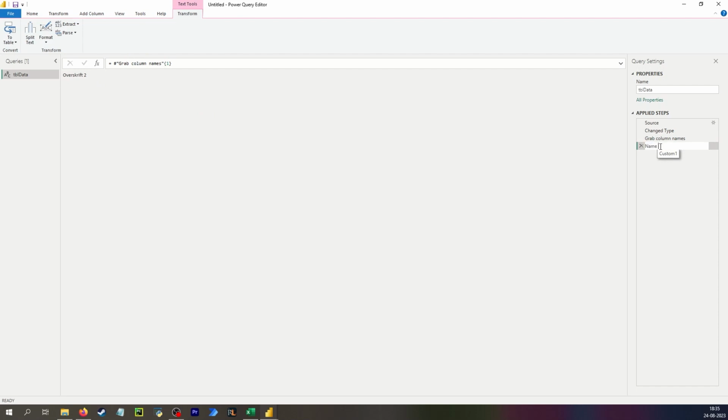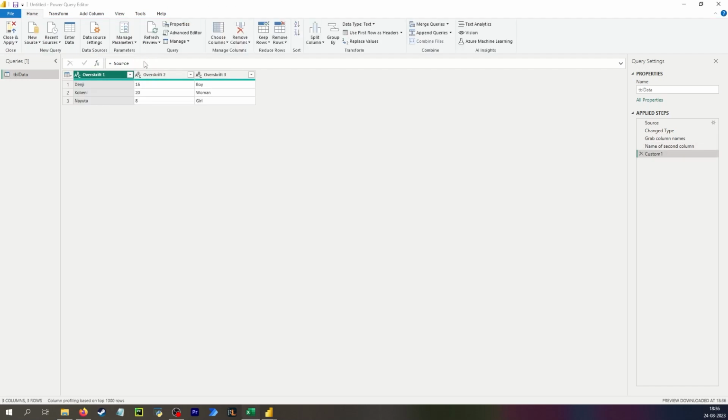So name of second column, and at that point I can go back to my original table to show what I want to do, which was to convert, in this case Kubeni, the second row, into a record. And you could have something like a drop down list in Excel if that's what you need. So you could have the drop down where you say what person do I want. So this is sort of an alternative to an XLOOKUP. You should obviously use XLOOKUP if you just need this, but this is more of a practice thing,